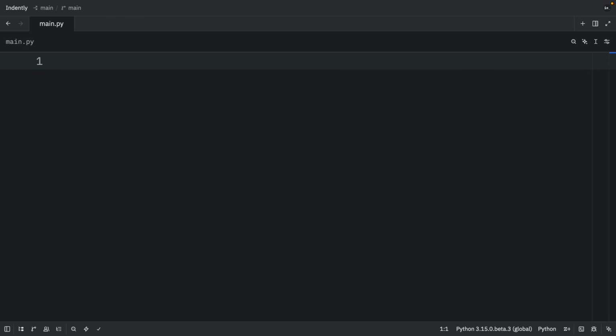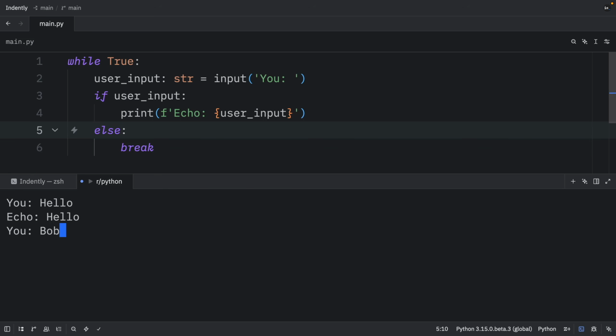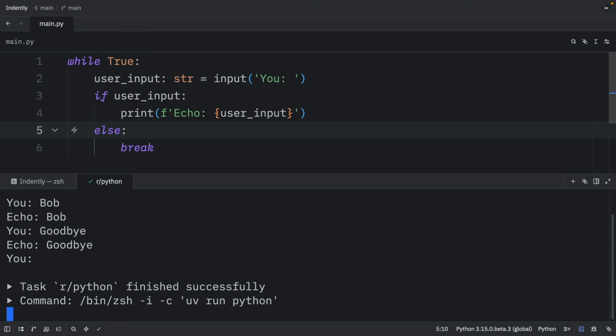Now, where would you use an infinite loop in Python? A classic example could be in a program that waits on user input. Here we use a while true loop because theoretically we have no idea when the user will stop using our program. It could be in the next 5 minutes or the next 2 years. We have no idea how long the user wants to stay logged in and chat. Although when they want to exit, they just enter nothing, and that triggers the else block, which breaks out of